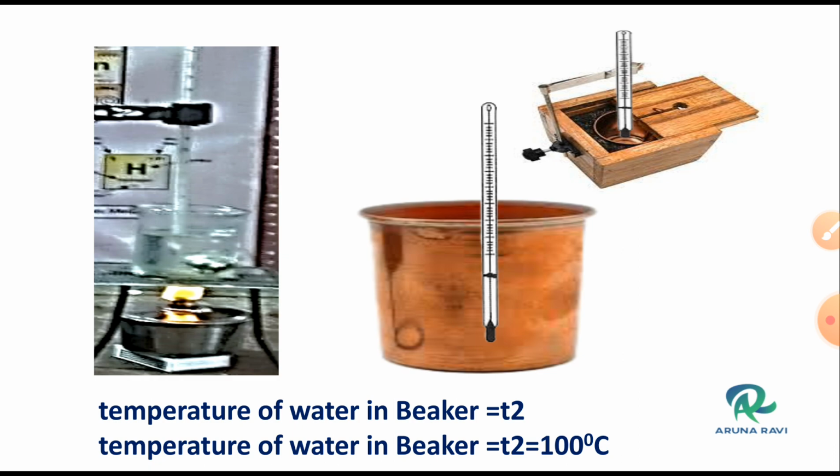Because the hot iron bolt at 100 degrees centigrade is kept in the water, the bolt will lose heat energy, and the water along with the calorimeter will gain it, because if you heat the water, the vessel also will be heated. So here the cold bodies are the calorimeter and water, and the hot body is the bolt.